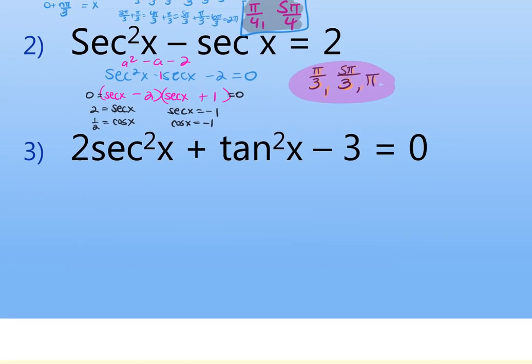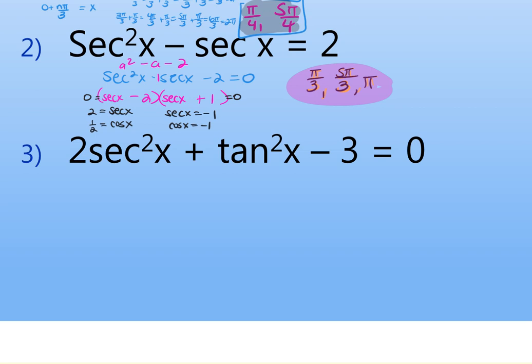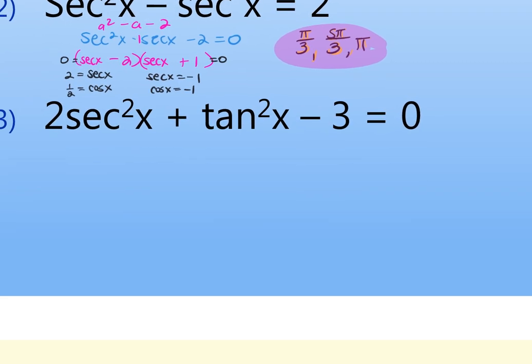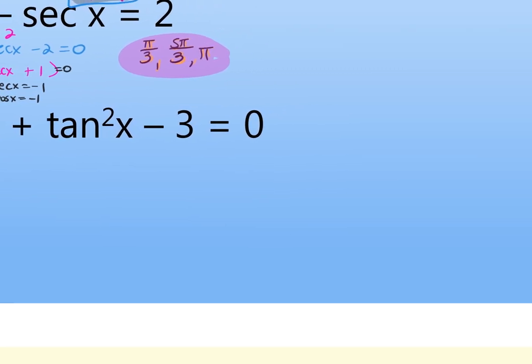Okay, then 3. Number 3 has 2 different trig functions, right? And this time they're both squared. So you actually have a choice here. You could replace secant with 1 plus tangent squared, or tangent squared plus 1, or you could replace tangent with secant squared minus 1. So you can choose there. I would say they're both probably about the same. The only reason I would lean towards tangent is because then you don't have to flip it at the end. That's the only reason. So if I am going to change secant to be something in terms of tangent,